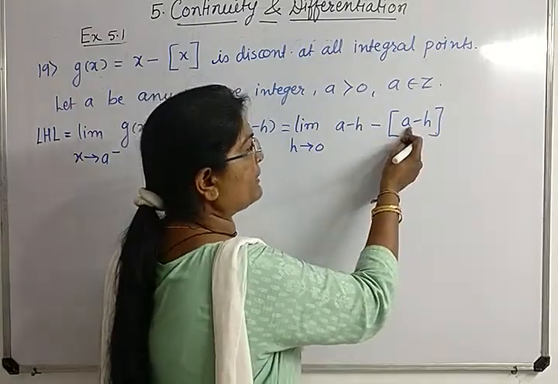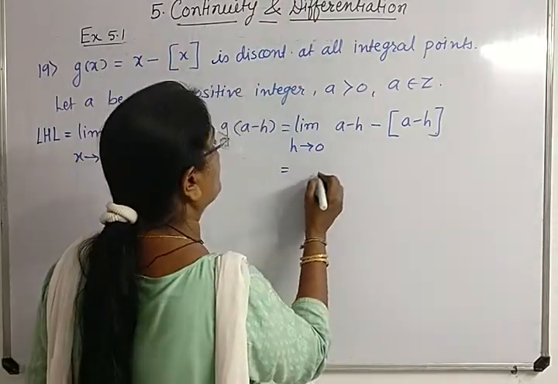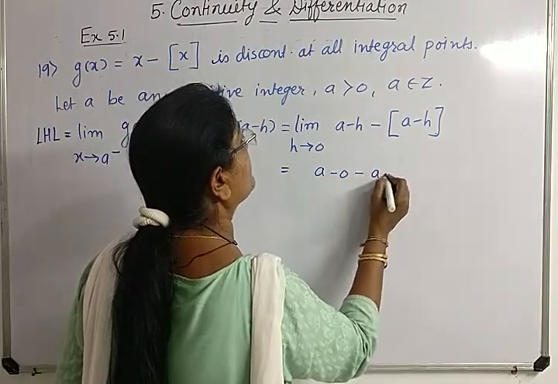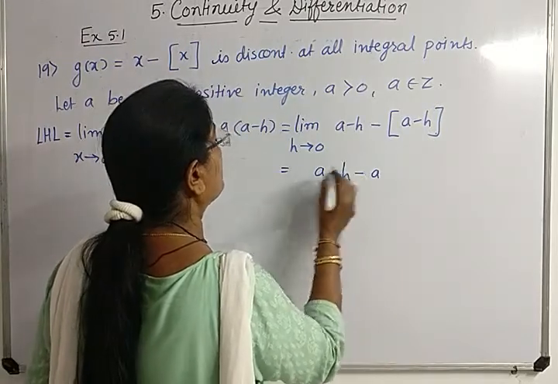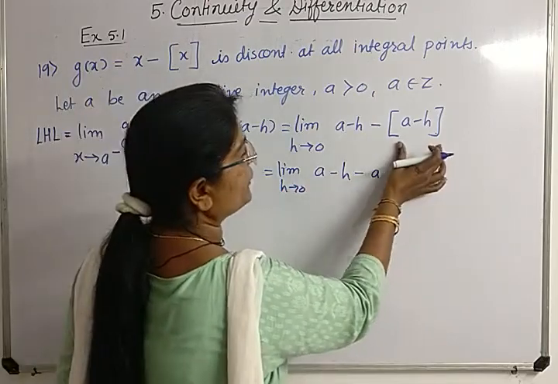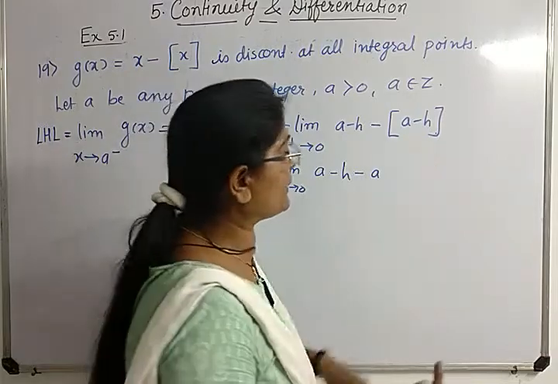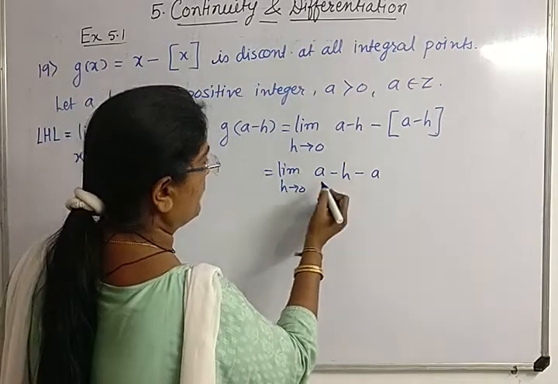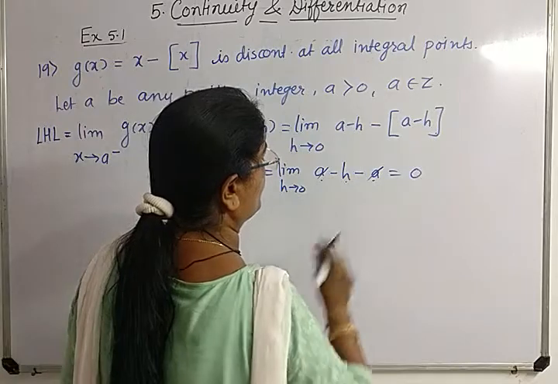तो इंटीजर जो है हमारा ये a आएगा. That is, this is equal to a minus 0, minus a plus, its answer will be only a. Here I am not putting the value. Suppose you are taking the limit h tends to 0. क्योंकि greatest integer of a minus h, पॉजिटिव नंबर में से अगर हम कुछ माइनस करते हैं तो greatest integer less than or equal to that, it will be a. Now the value of h is 0, so a minus a is 0.